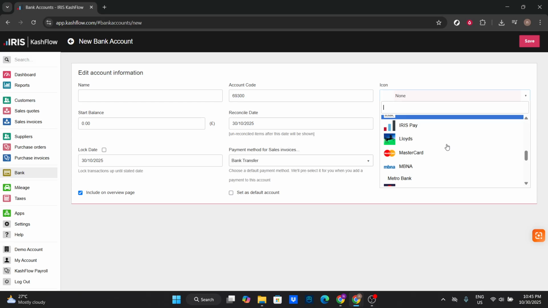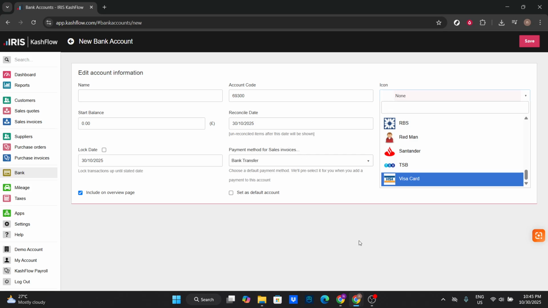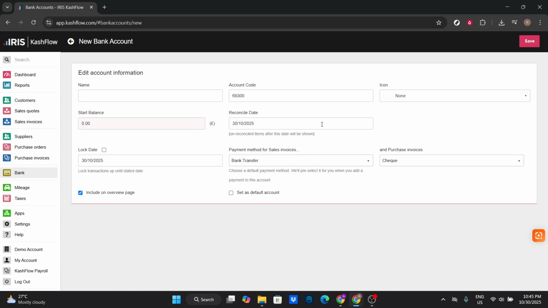After you've entered all the account information, the next step is to hit Save. This action confirms all the data you've just input, creating a new bank